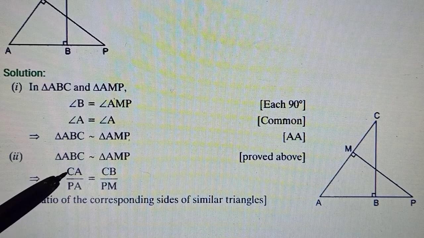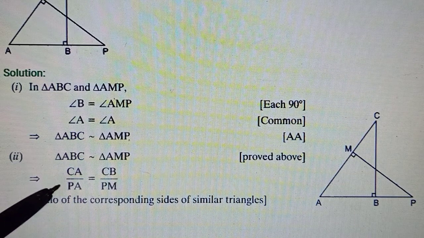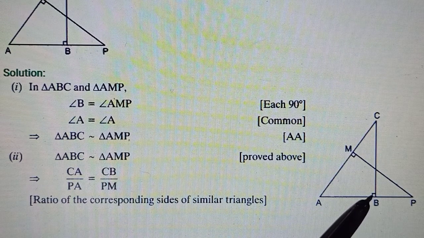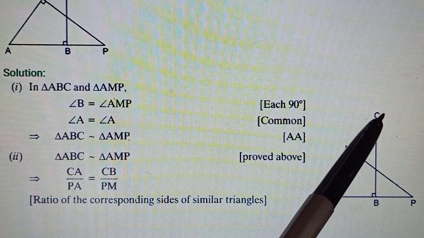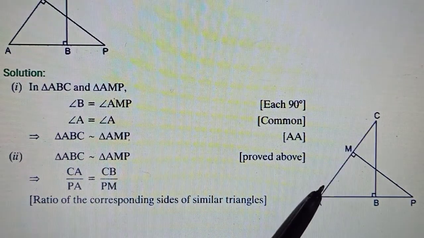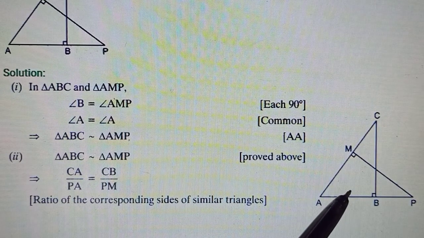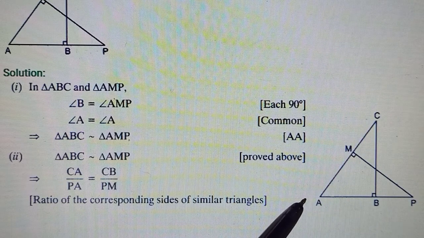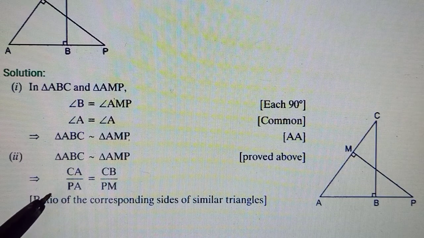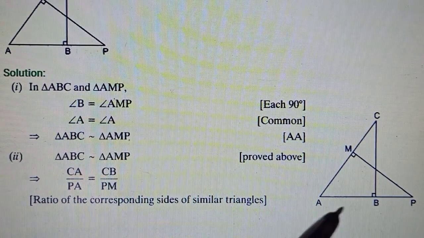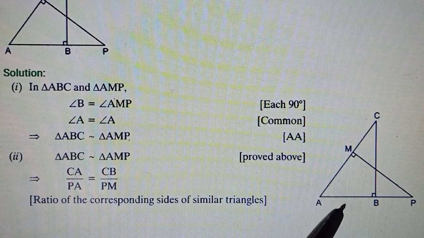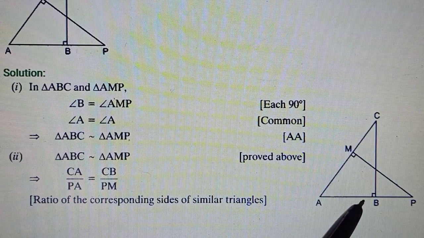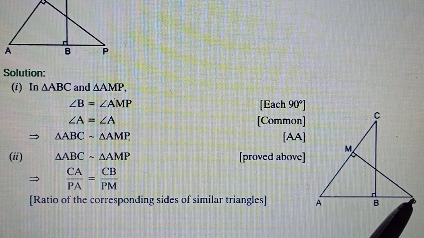And for similar triangles, we know corresponding sides are in proportion. Okay, so corresponding sides are in proportion. So आपका जो first triangle है उसमें angle B 90 था, तो B के opposite side आई है पूरी ये CA. तो CA will correspond to दूसरे triangle में 90 के opposite side है PA. So we will write CA upon PA because both were sides opposite to 90 degree will be proportional to now CB. Angle A दूसरा था जो इक्वल था दोनों में. So A के opposite first triangle में आया है side CB and दूसरे triangle में आया है PM.